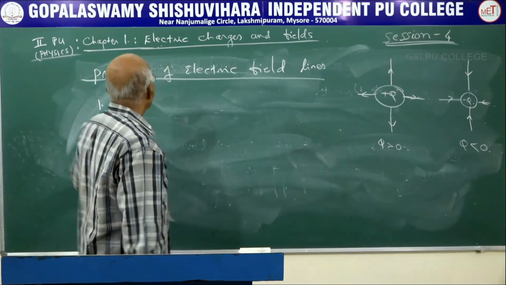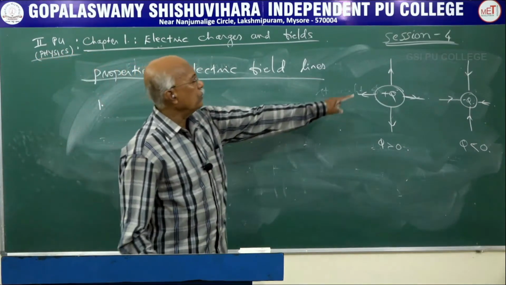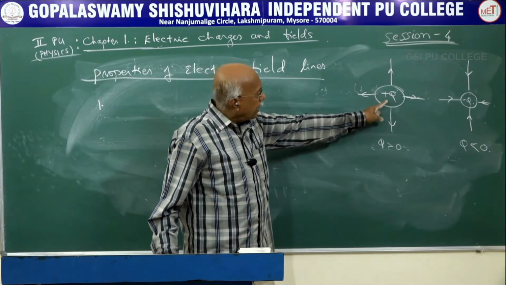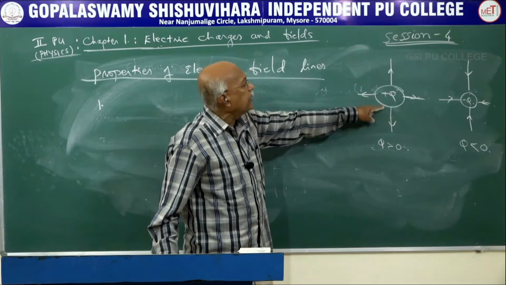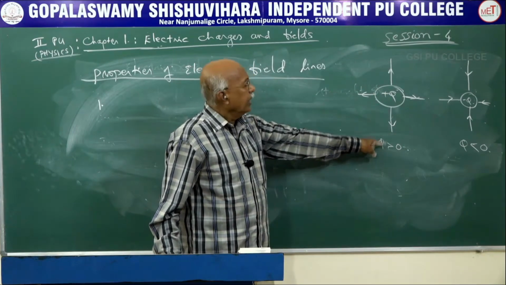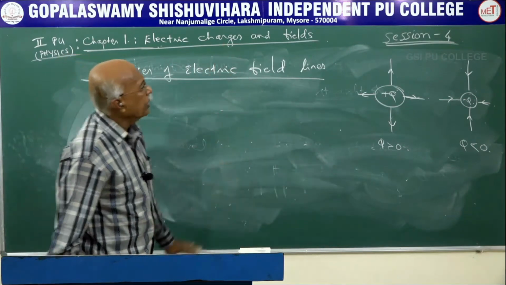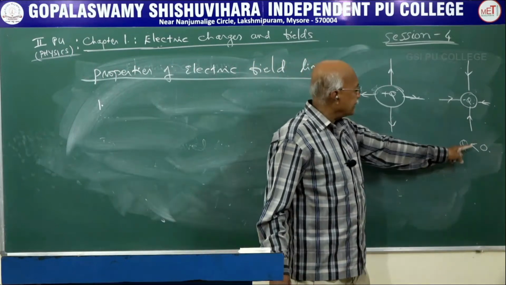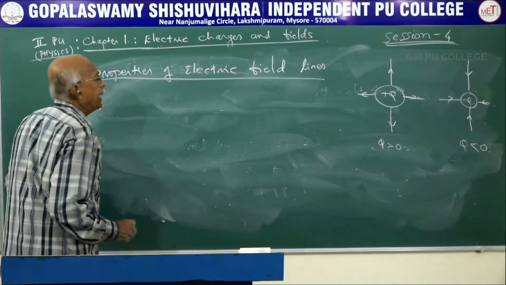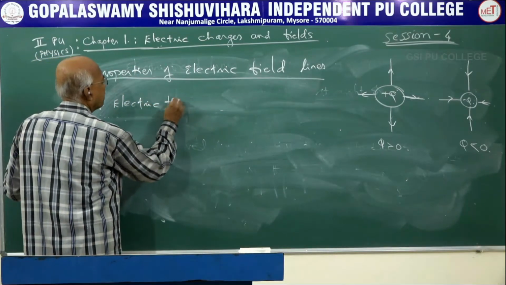Looking at the diagram, you can say that the first property is electric field lines always originate from positive charge. Or otherwise, whenever Q is greater than 0, in such cases electric field lines will always originate from Q, and in case of Q less than 0, they terminate in minus Q charge. Looking at the diagram, if you write electric field lines, you will write electric field lines